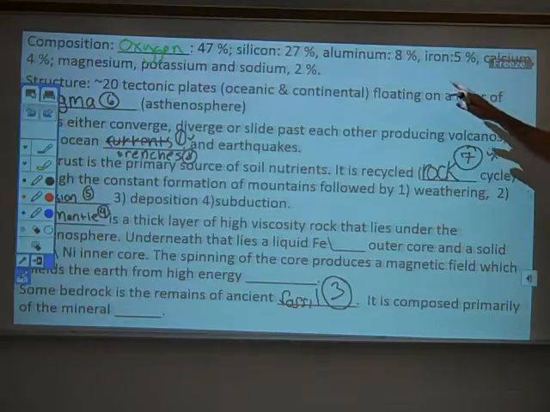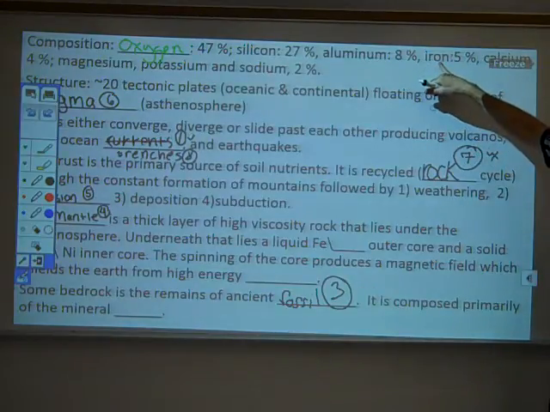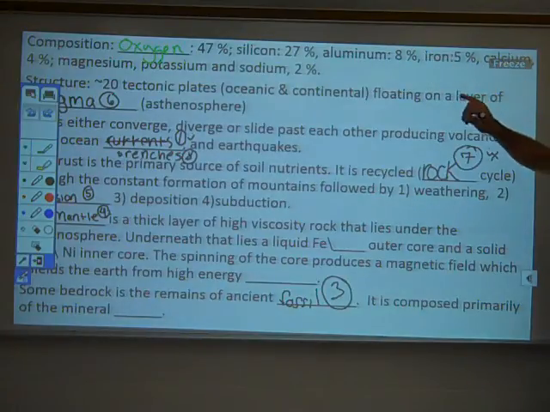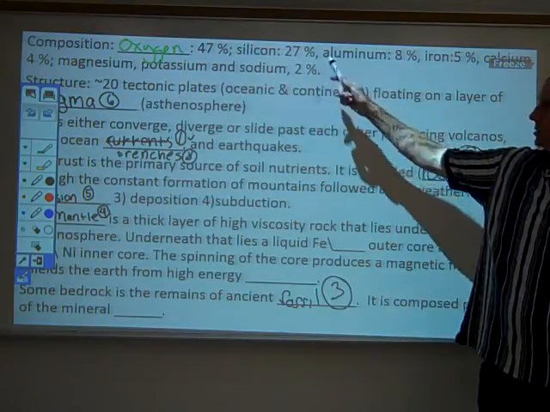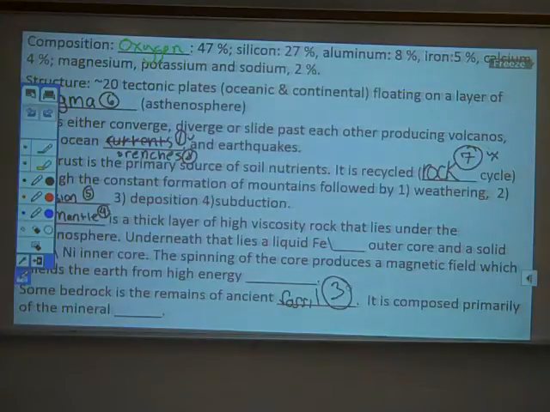So that's most of it, as you can see there, 27%. But then we've got quite a bit of iron, although most of the iron, as we'll see, is in the Earth's core. But quite a bit of iron, calcium, magnesium, potassium, and sodium. What would you say is special about these substances as opposed to the silicon and the aluminum? Any idea why those would be important things in the crust? Do we need those? Do you need iron? Yes. Do plants need iron? No. Calcium? Yes. Magnesium? Okay,